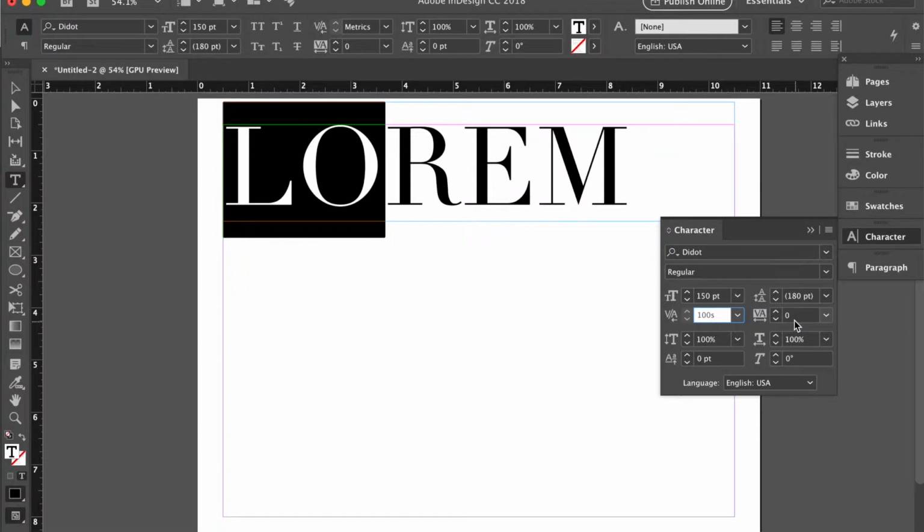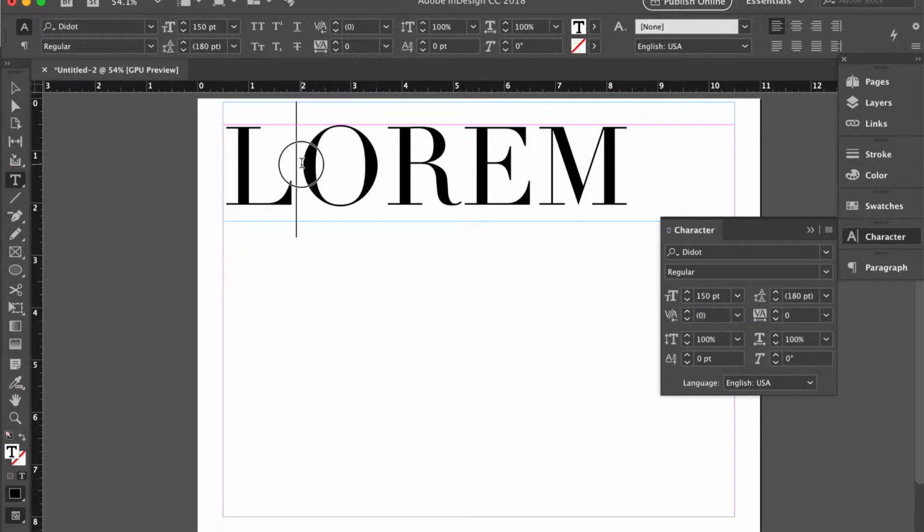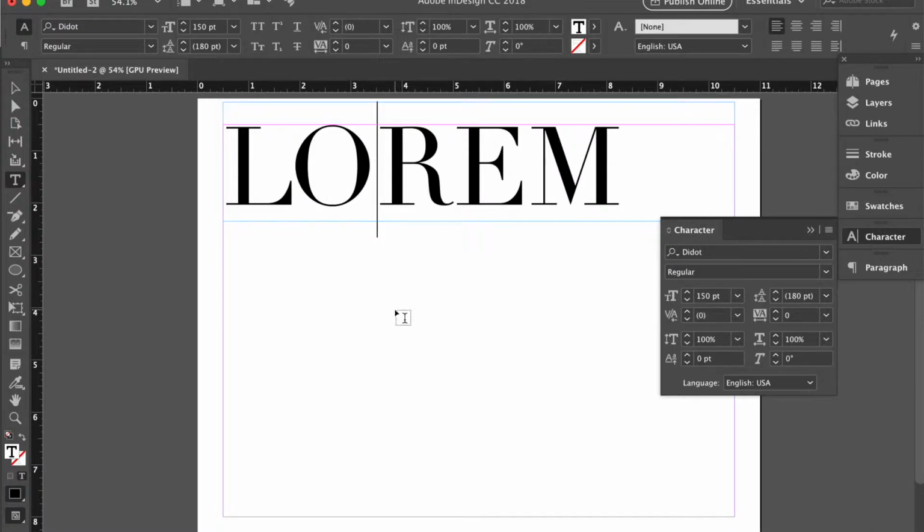If you want to kern with something custom, what you do is place your cursor between the 2 letters that you want to kern together, and you'll notice over here, now I can either select a value from the drop-down or put in a custom value. So I'm going to put in -74 because I really want those letters to be close together. Look at that, it looks so much better. But now it's really noticeable here that I need to kern these letters. So I'm going to do the same thing.